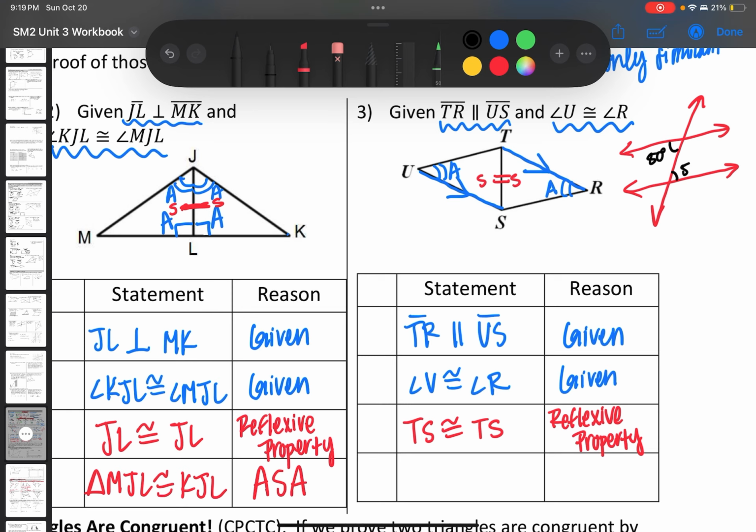And it's the same thing with triangles. Kind of think of this as a triangle here. We have two triangles. Looking at these two triangles, inside my parallel lines, I have these guys, and then this transversal that cuts through them. The angles that are across from each other, like this guy is opposite of this guy, they are the same because they are alternate interior angles. So then angle UTS is congruent to angle